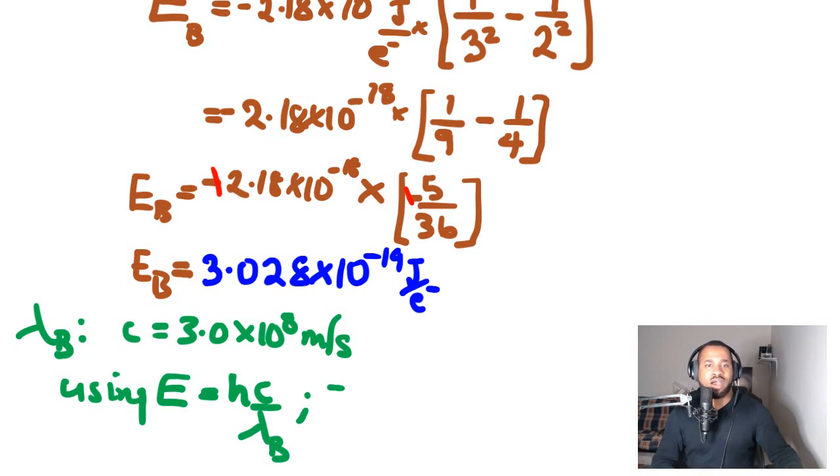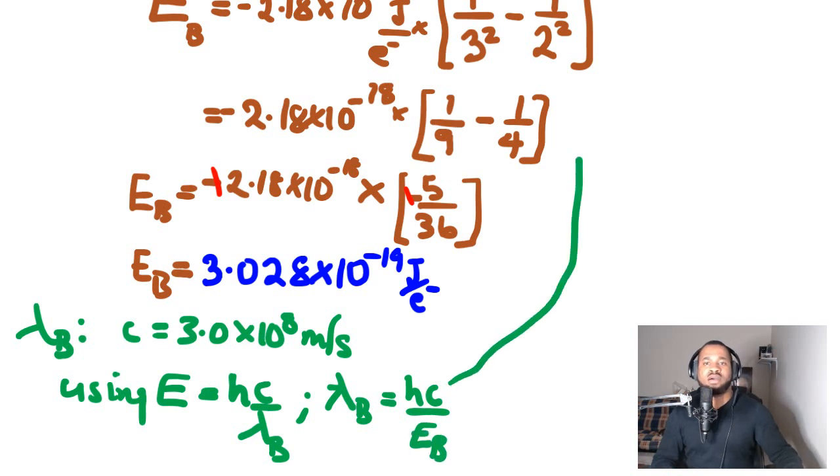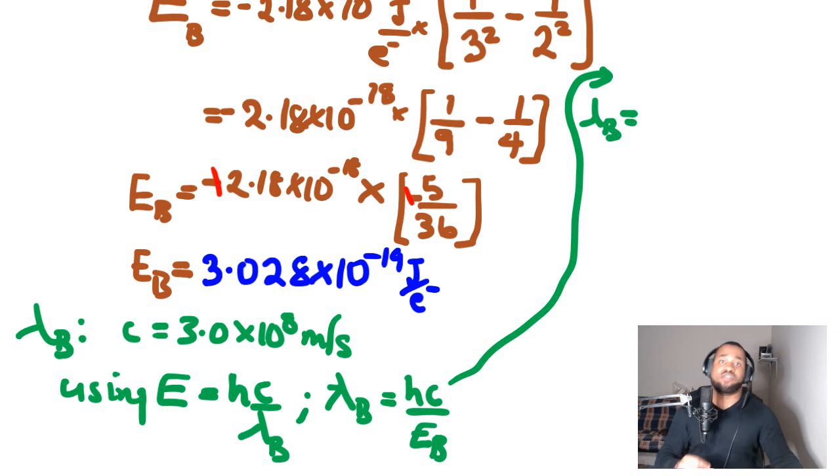So therefore, our wavelength is actually going to be equal to our Planck constant multiplied by our speed of light, divided by our energy. So moving up over here, we know that in this case, our wavelength, which is the wavelength that is going to be released, is equal to